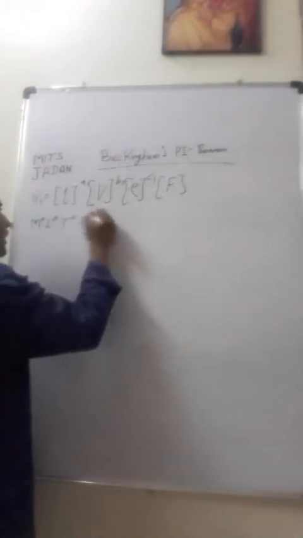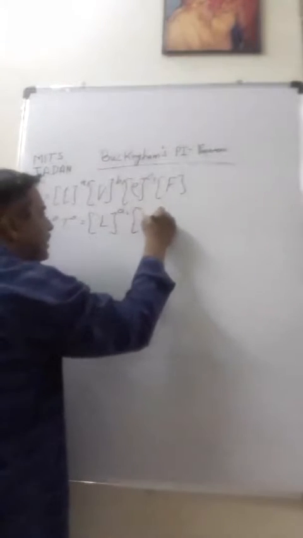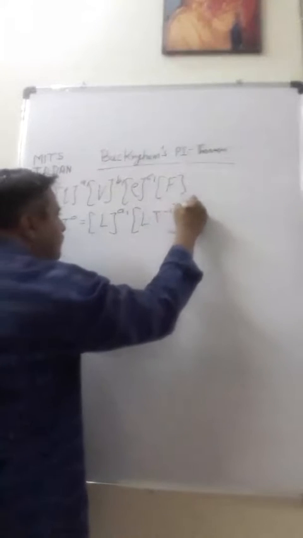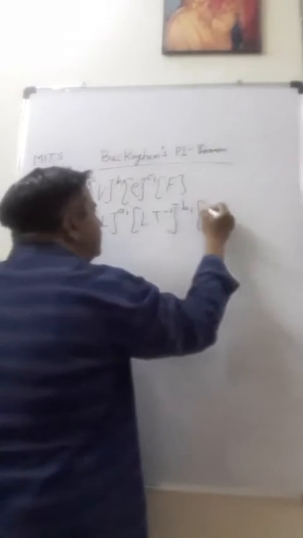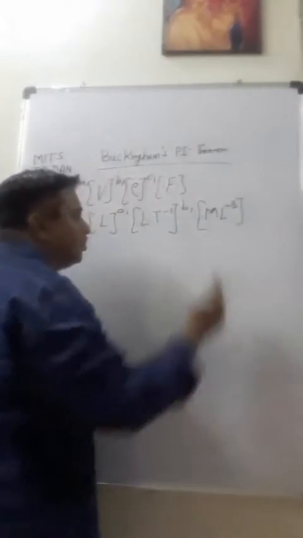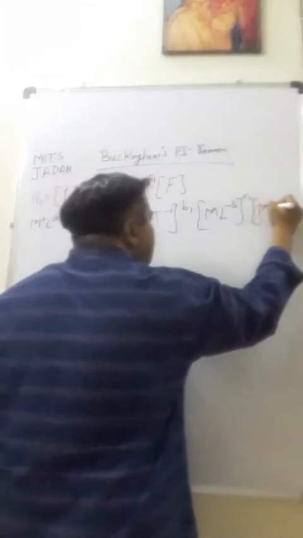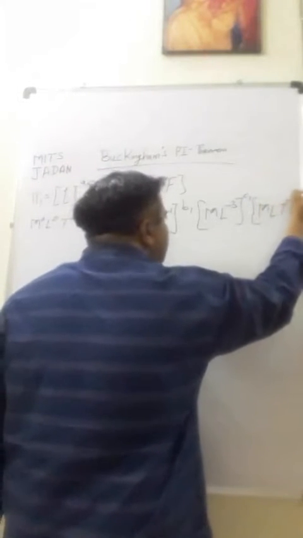Now solving the LHS, the dimensions are M0, L0, T0. Now the right hand side: it is length, so the dimension of length is L raised to the power of A1. Velocity is L T minus 1 to the power of B1. Then density, mass upon volume, M upon L to the power 3, so it is M L minus 3, to the power C1. And force, we know that it is M L T minus 2.